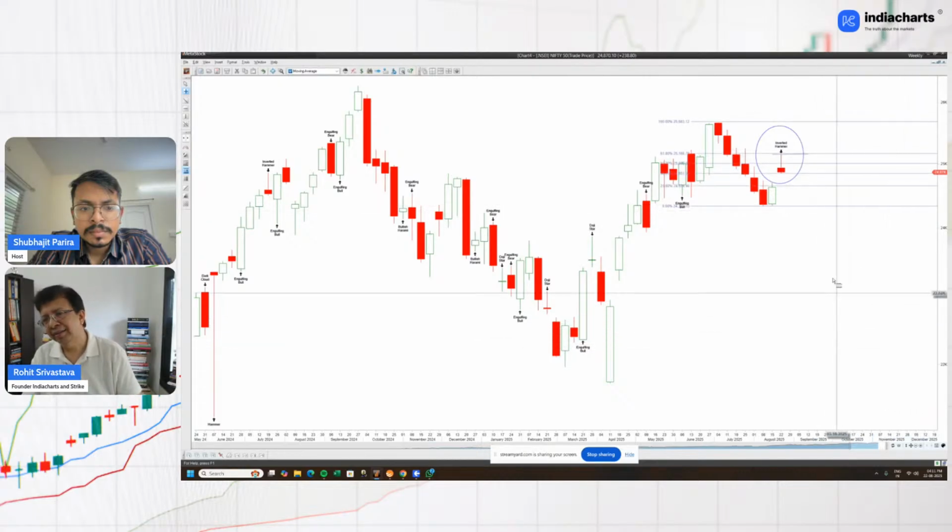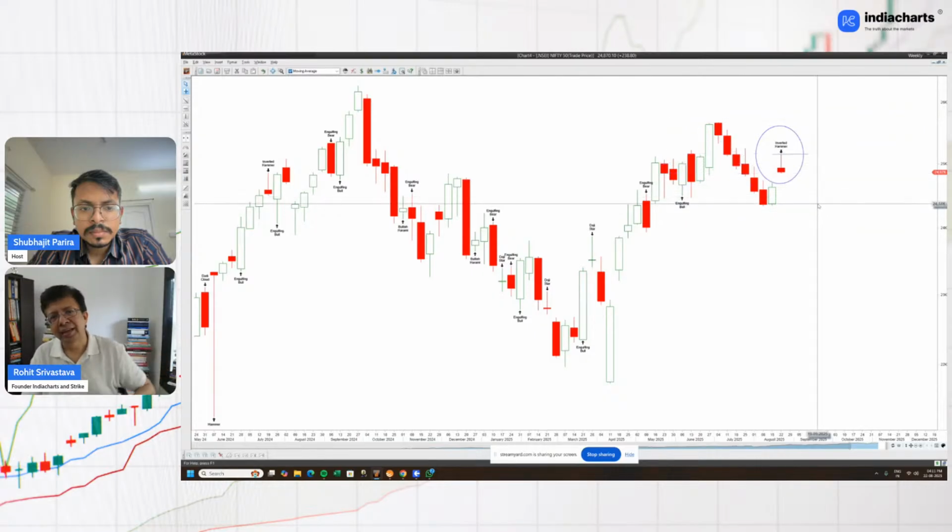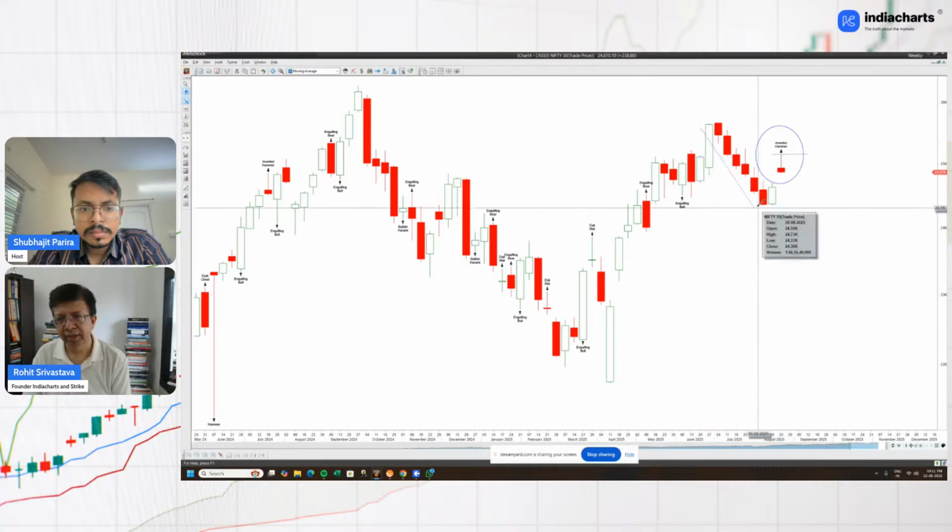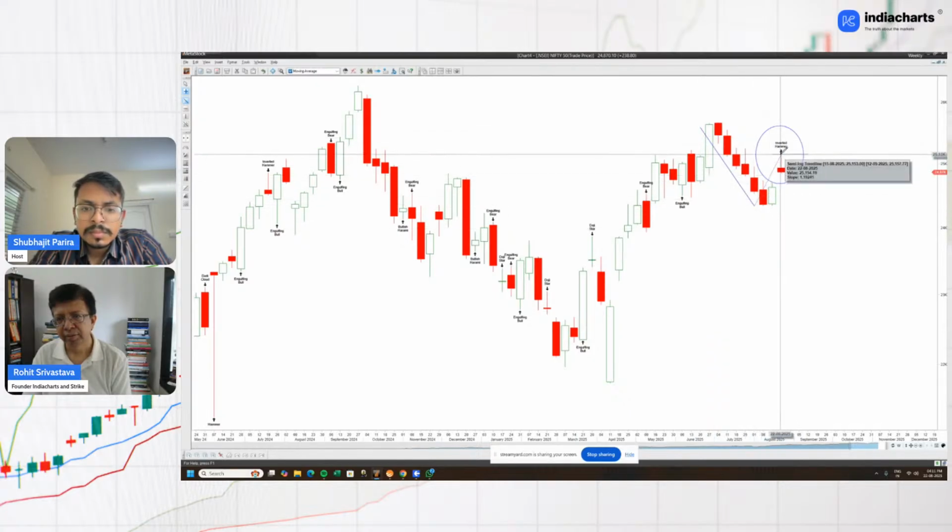And therefore, at 61%, getting resisted and developing an inverted hammer can give you a point of trend reversal. We, of course, need to see follow-up action, but this can be a sign that whatever we saw, so we saw the 6-week decline and then we've seen the 61% bounce. If there is more downside, then this bounce is over at 61% and we can start developing another leg on